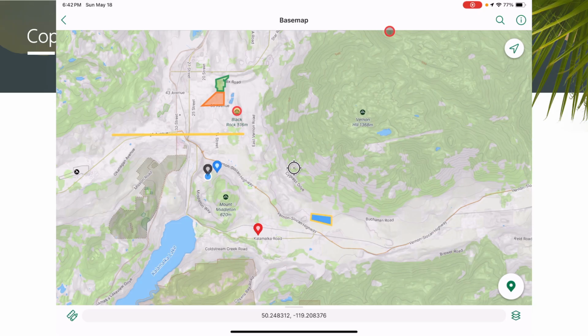So let's talk about copying maps. We're on our base map here. We've got a few different layers with a bunch of different data points on it. And let's say I'm starting a new shift or a new day, and we might want to make a copy